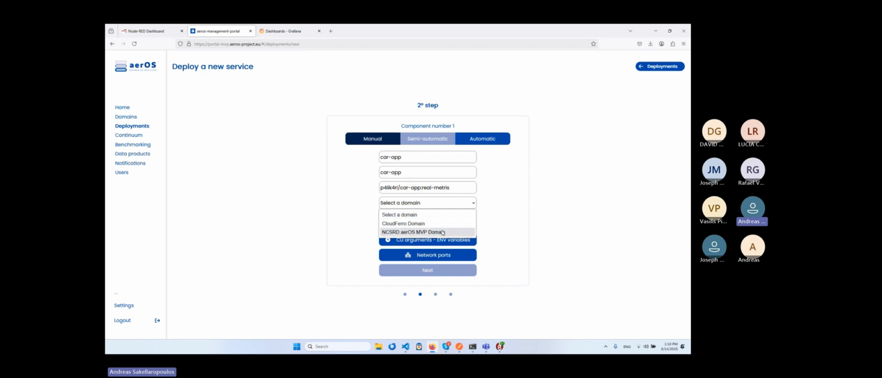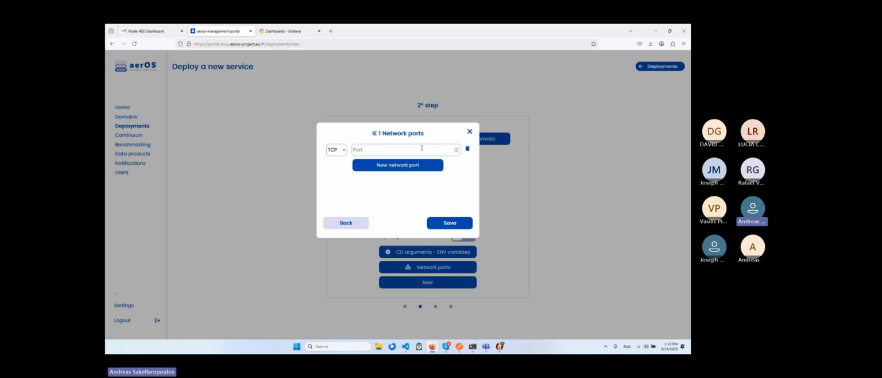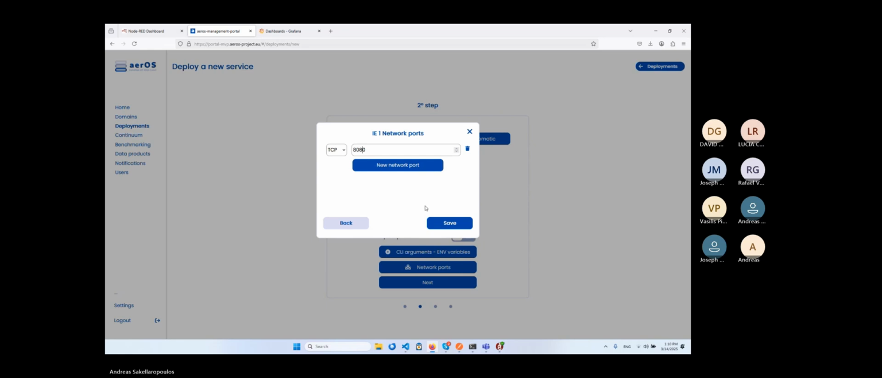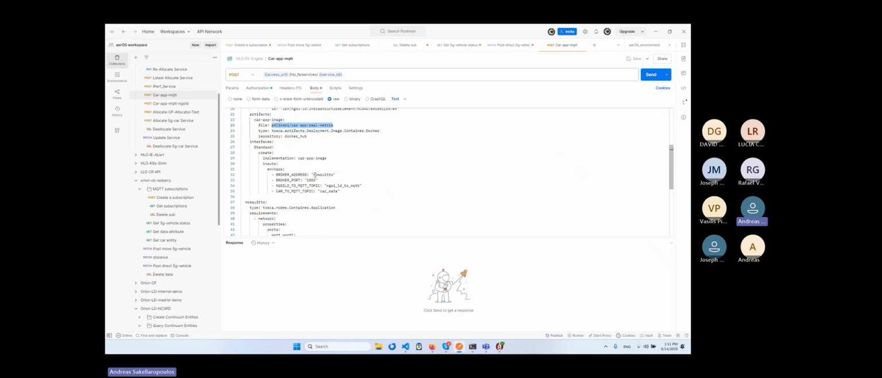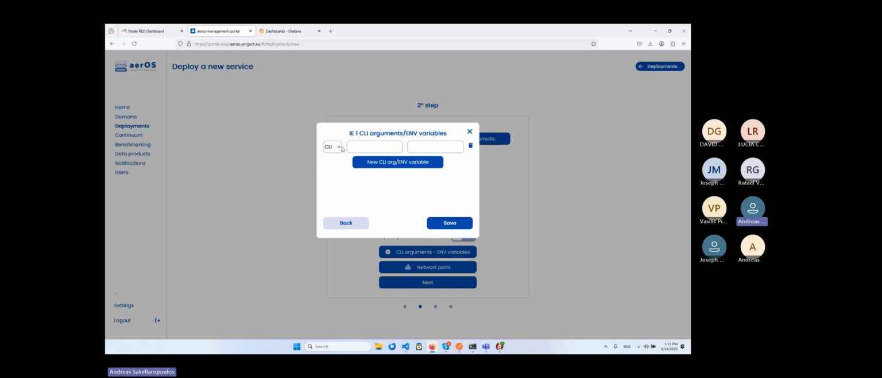We deployed it in the NSRD domain. We will choose the Raspberry Pi, where the application will run. We'll create also network ports. We also have environmental variables, so the application can connect to the Mosquitto broker to exchange messages, like the broker name,